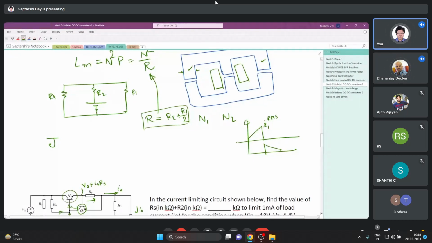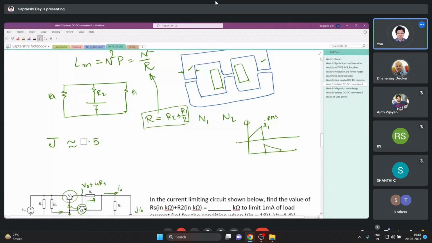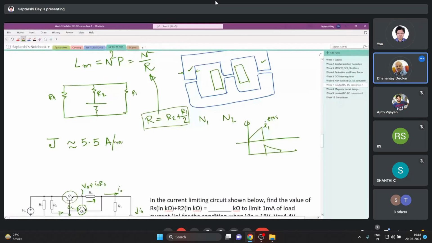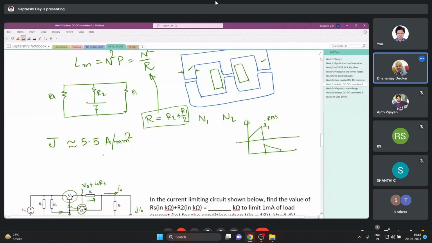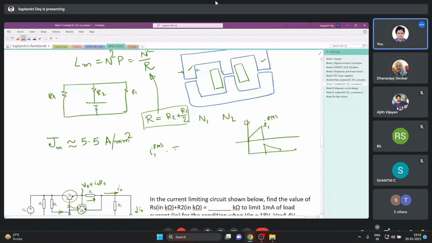For this kind of transformer, since it is open in the air, we can take J of around 5.5 to 6. Let us take 5.5 ampere per millimeter squared. Okay, so this is the J that we need, so let us call it J max. J max, right? So my I1 RMS times J max, sorry,